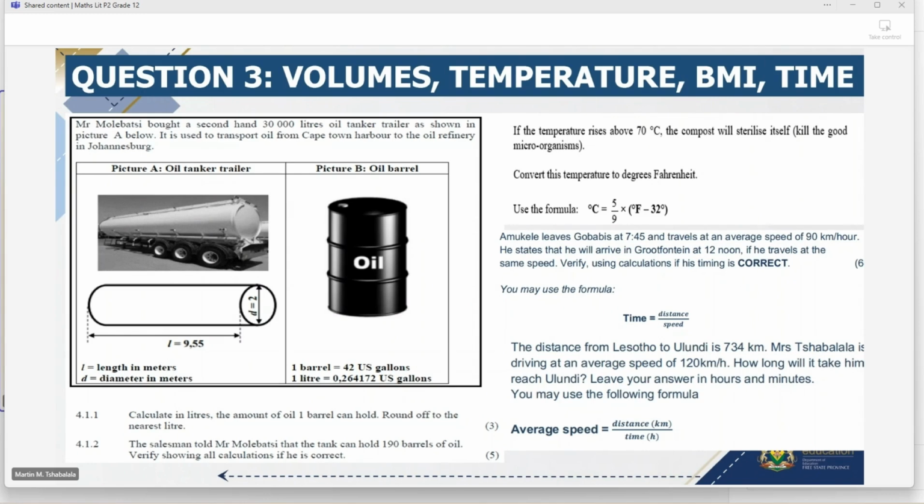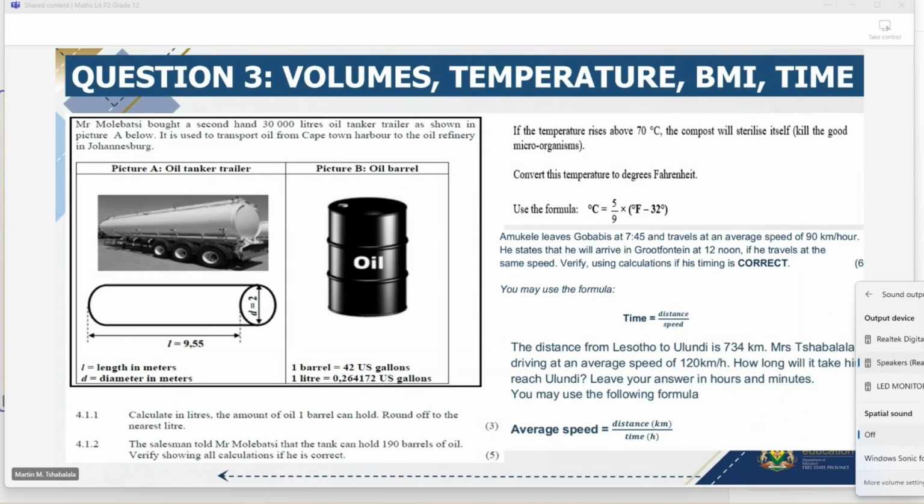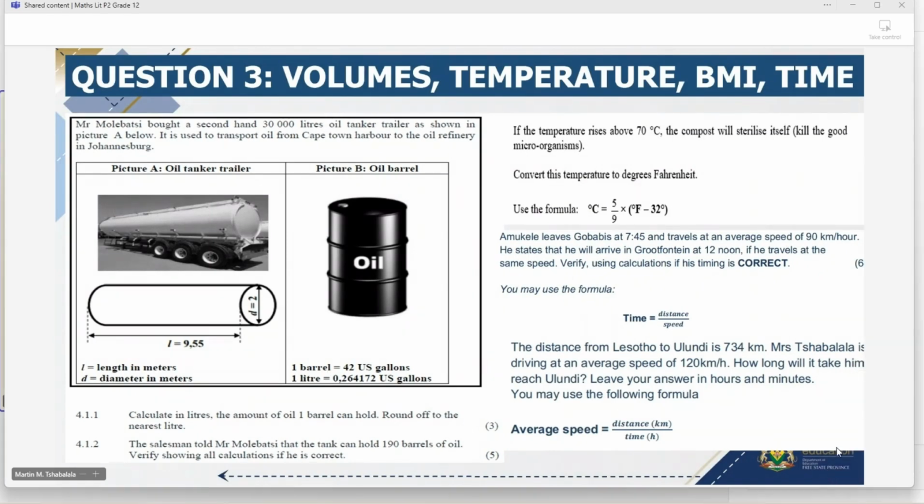And you will have seen also in your framework, it says calculate the cost of material. It can even say to buy a barrel of oil. It costs about 2,000 rand. If Chawalala is buying 15 drums, how much will it cost? When coming to measurement, you must expect that question where you are calculating the cost of the material. It can come in different ways.